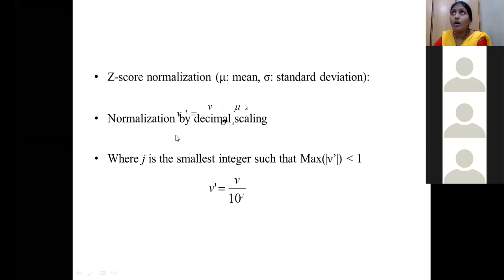Next one is normalization by decimal scaling. When you want to perform the normalization by decimal scaling, for example, I have an attribute A. That means for an attribute A, the minimum and maximum values of that attribute A is 920 to 970. ఒక పర్టికులర్ అట్రిబ్యూట్ కి మినిమం అండ్ మాక్సిమం వాల్యూస్ ఎక్కడి నుంచి ఎక్కడి వరకు ఉన్నాయంట 920 నుంచి 980 వరకు ఉన్నాయి. సో ఆ 80 వరకు ఉంటే దాన్ని మనము how we are going to perform the normalization by using decimal scaling.